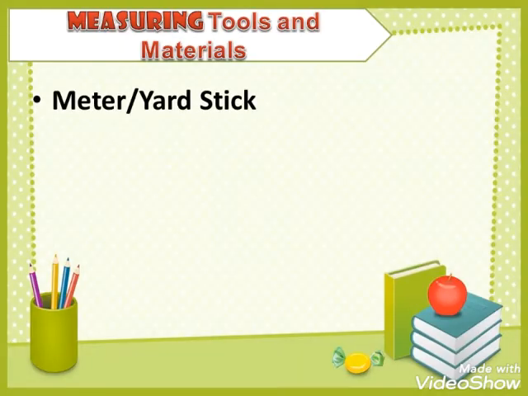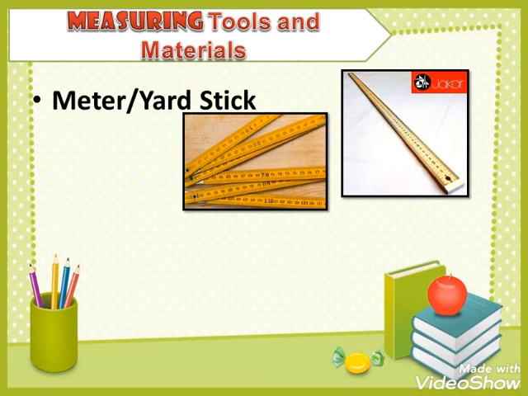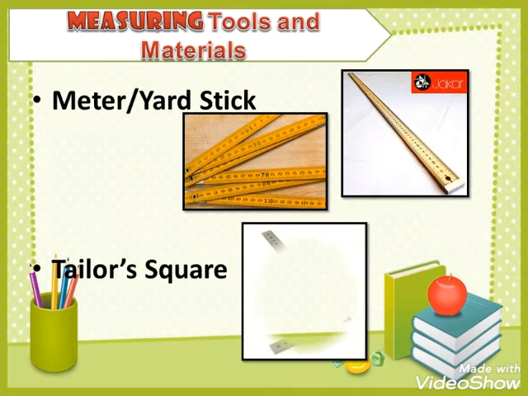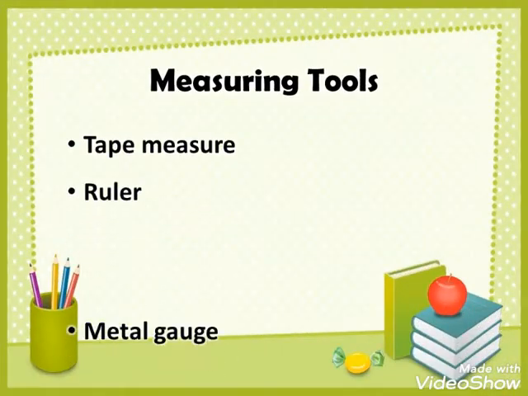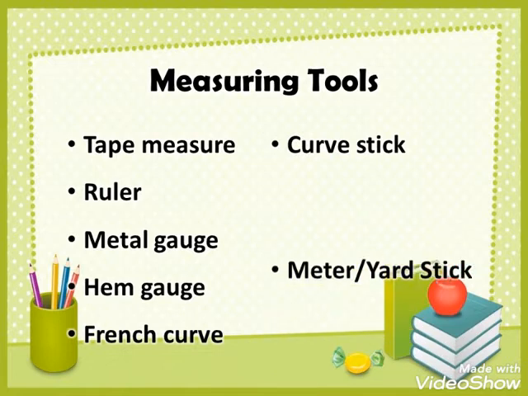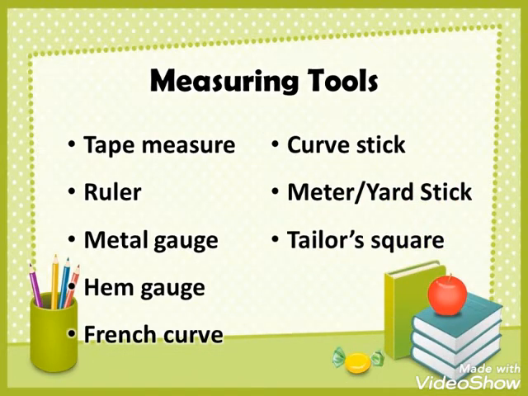We also have the meter or yardstick. This is used to measure fabric. And the last, tailor square. The tailor square is used for the correct measurement of lines in the right angle. Again, for measuring tools, we have tape measure, ruler, metal gauge, hem gauge, French curve, curve stick, meter or yardstick,